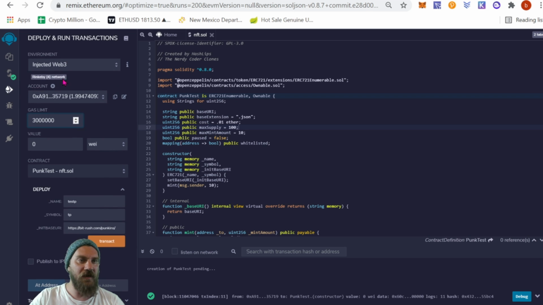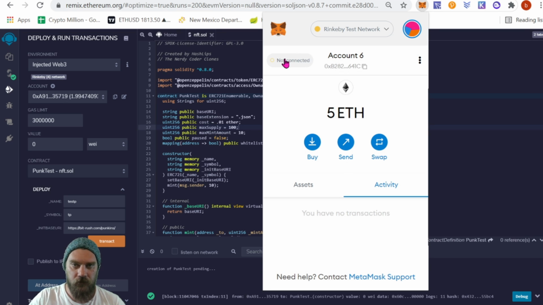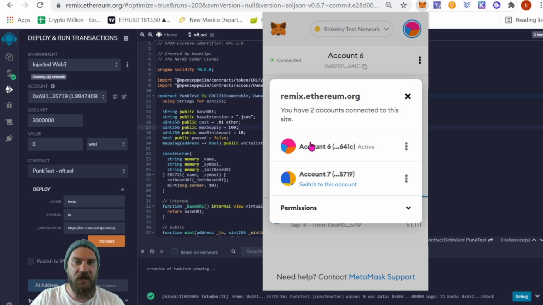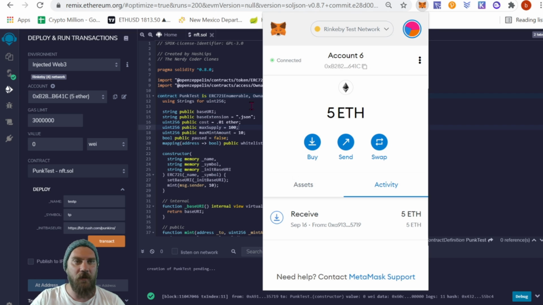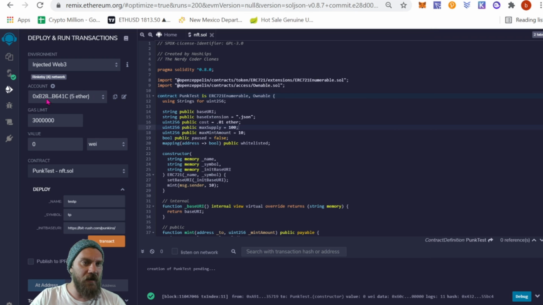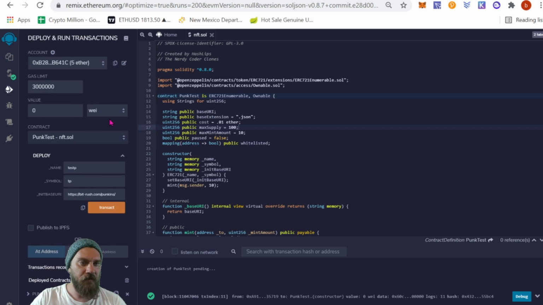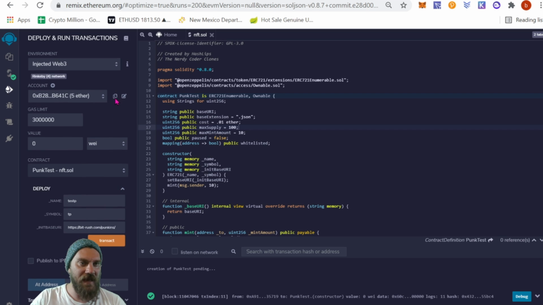I think that's actually a different one, so I am going to connect. So let's just connect up. I had this other wallet connected, so I'm just going to click the proper wallet to connect. If you only have one wallet, don't worry about it, guys. But right here, I can now see the proper wallet I want to use, which is 0xB28. And we can see I have 5 test Ethereum there. Everything else looks good from the last time we launched this, guys.